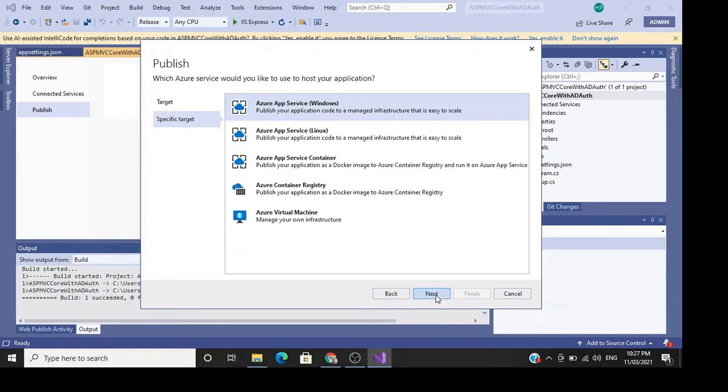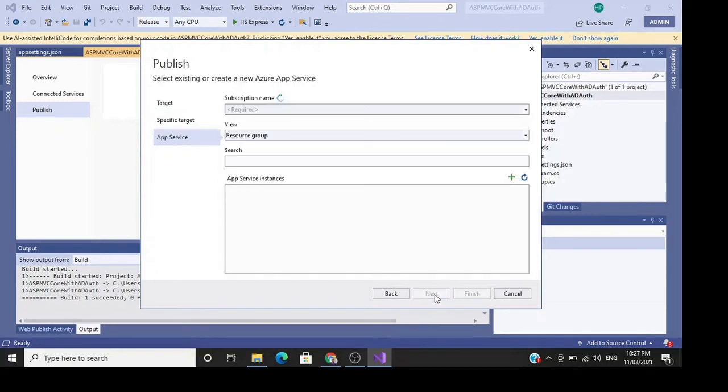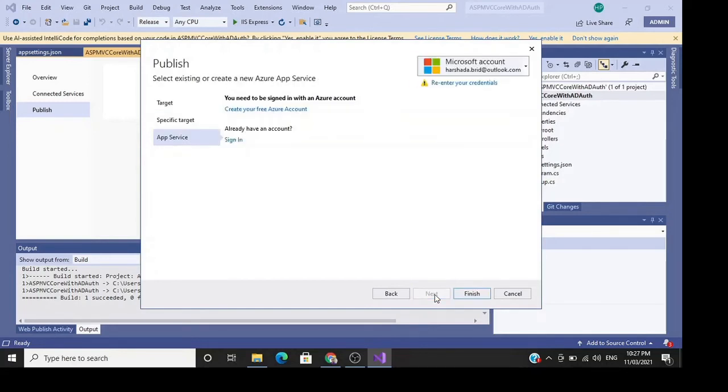Select next, Azure App Service Windows, and then click next. We will get the option to re-enter your credential, so I'm re-entering my credential over here.